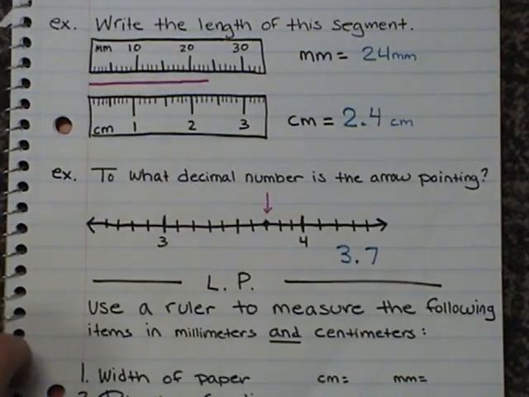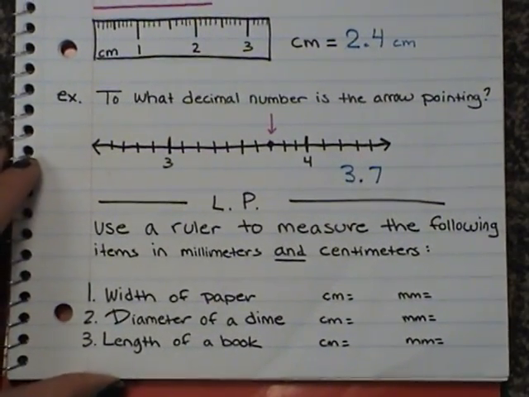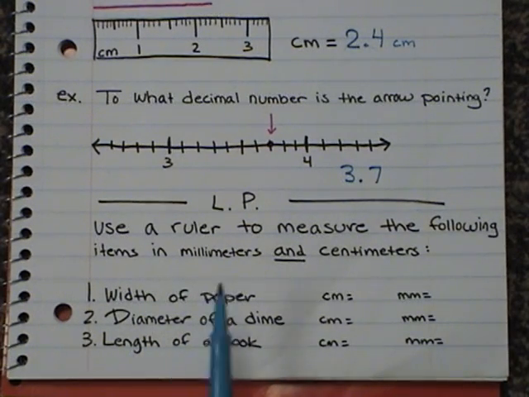For your lesson practice, I know some of these answers will vary from student to student. It says use a ruler to measure the following items in millimeters and centimeters. Now, if you find millimeters, you can easily change them into centimeters. And same thing, if you find centimeters, you can easily change them into millimeters. The nice thing is that this is on a base of 10, so you're either dividing by 10 or multiplying by 10. So you're going to find the measure in millimeters and centimeters of the width of your paper that you're working with right now,